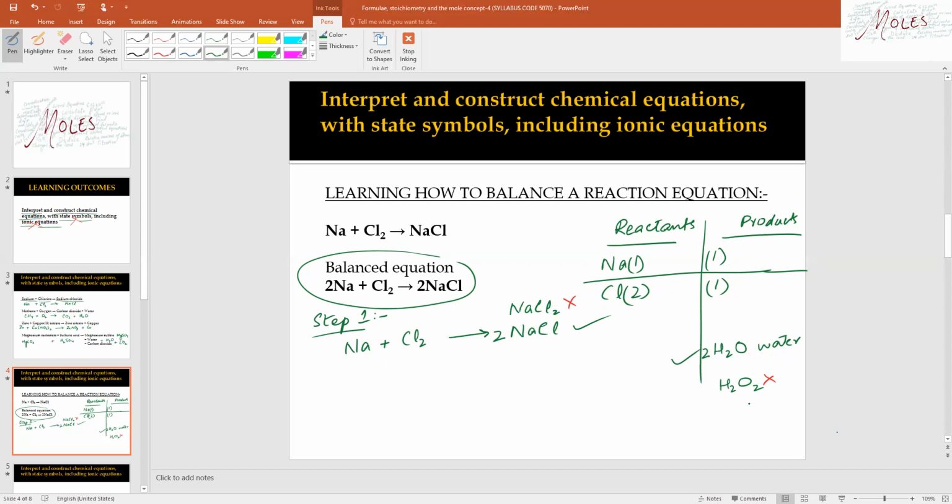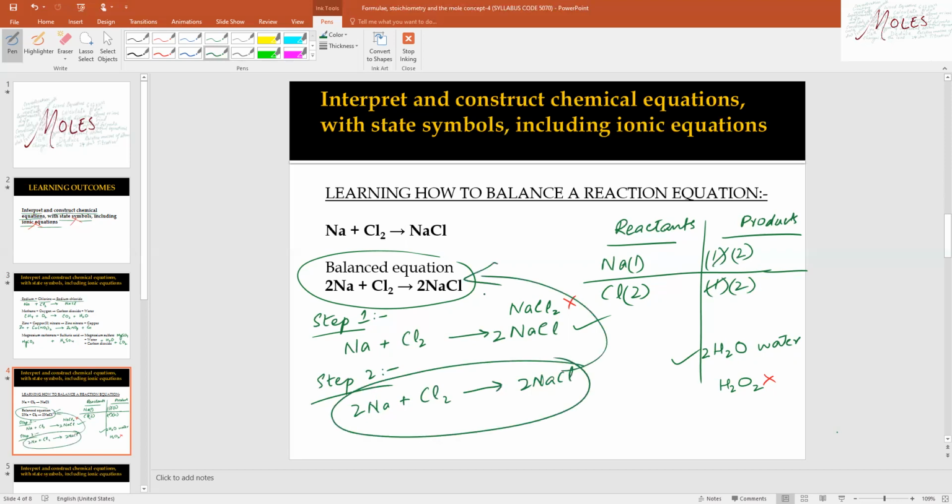Now coming back to this equation, you see Na plus Cl2 gives 2 NaCl. Let's count the number of atoms again. Now on the product side, chlorine is balanced, but sodium is unbalanced. So I will write 2 before Na in order to balance sodium on the reactant side. So finally, the balance equation will be this. You can count the number of each atoms on both sides of the reaction. Make this habit. This will make your life easy.